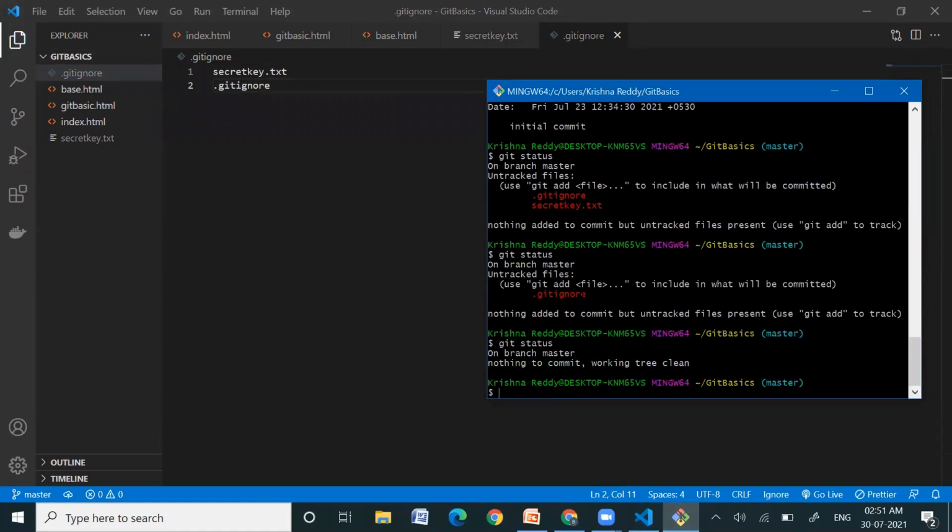Yes, these two files are not tracked by git now, because we have included the secret key file and this .gitignore file also in the .gitignore file. That's the reason git is not tracking these two files. So in this way, we can secure our keys if we have any in our project. These are not shown by our git, and these are not tracked by our git. So these are the secured files here. So that's about the git ignore file.